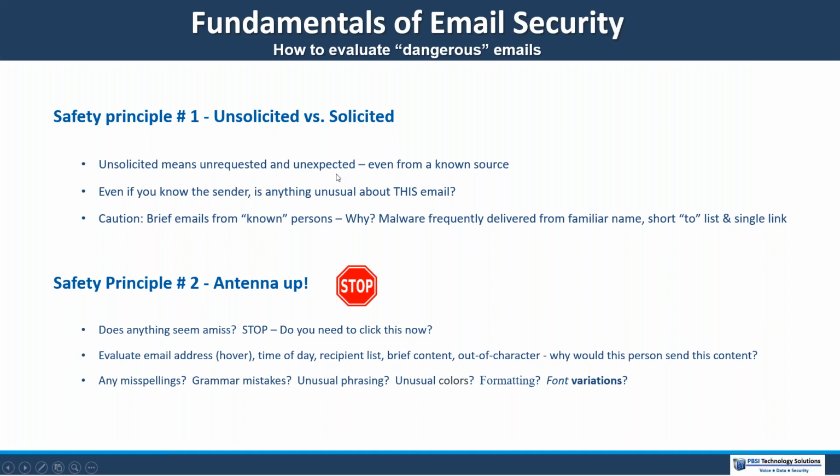So the idea continually here is context. Know that you need to evaluate emails in a much more careful way if it's unsolicited. Even if you know the sender, is there anything unusual about this email? Brief emails from a known person. I've gotten these from my daughter, from my daughter-in-law. Probably most of you have too, where it's a simple email with just a few contacts that you know that person knows, and something very brief like, thought you'd be interested, check this out, thought of you when I saw this. These are just a complete heads up that this is not an email that person really intended to send to you. So really pay attention to unsolicited email.